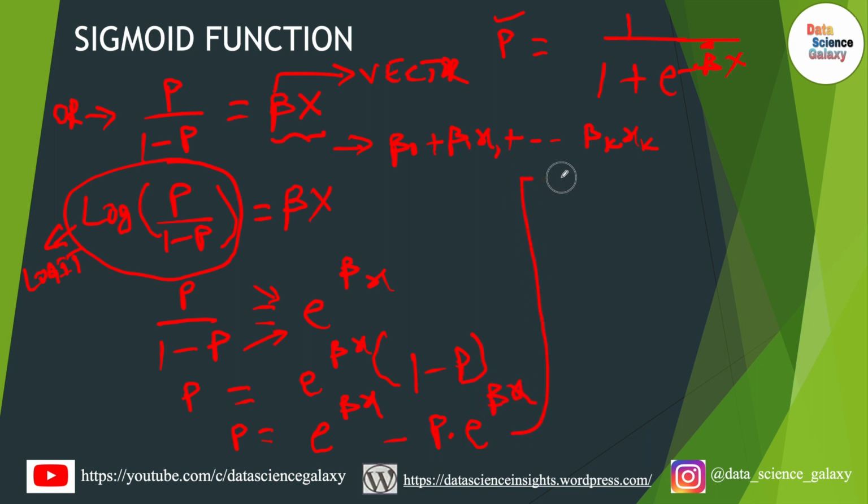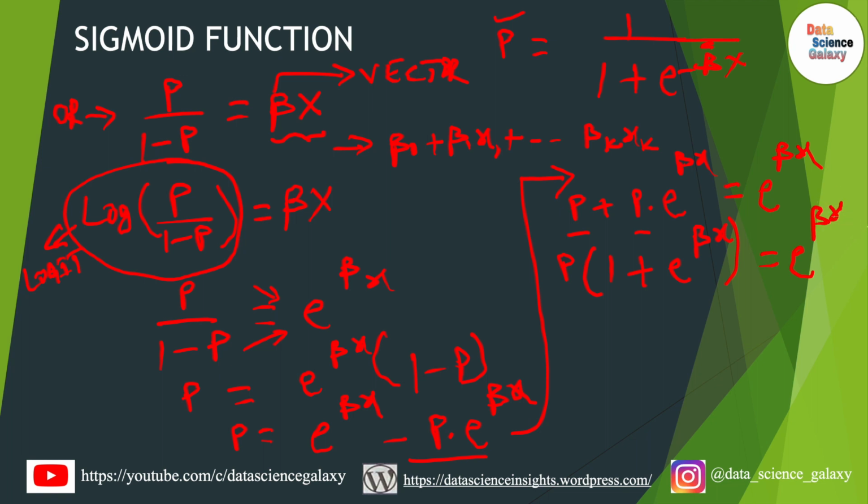Further simplification, I shall write here on the space that's available on this side. What I'm going to do is minus p into e to the power of beta x. I shall bring it to the left hand side. So what will happen then would be p plus p times e to the power of beta x is equal to e to the power of beta x. Hope from the other side when you're watching this video it will be legible. So I'm going to take p as the common factor. P times 1 plus e to the power of beta